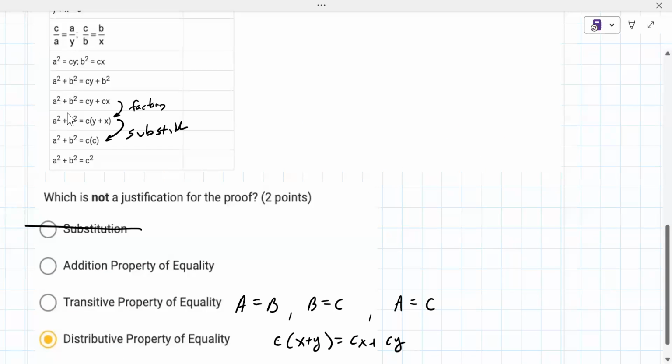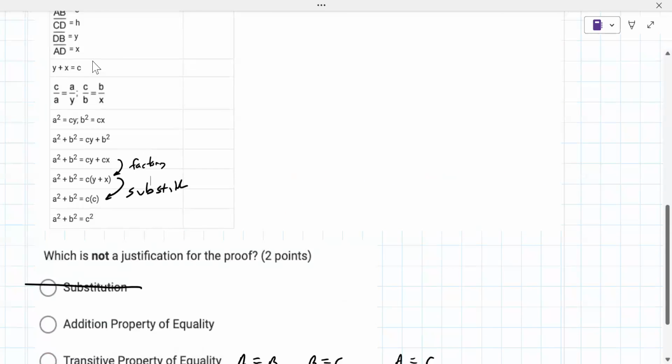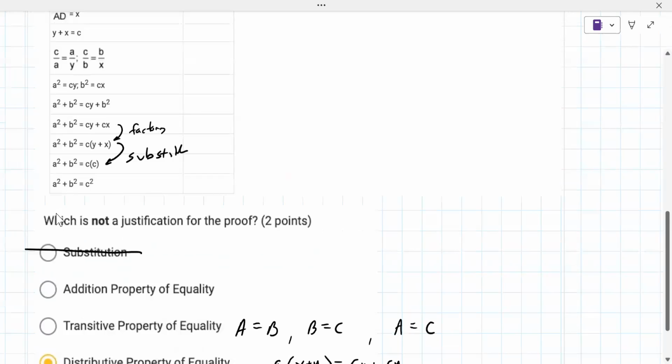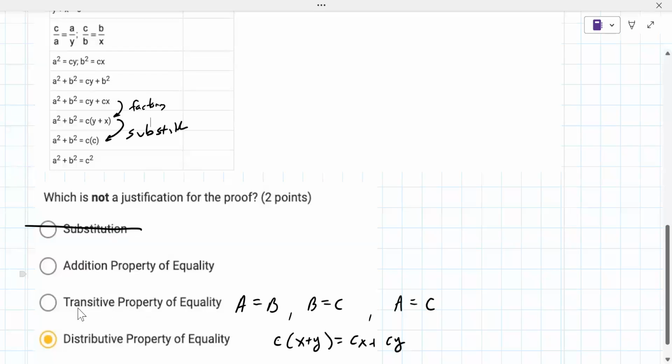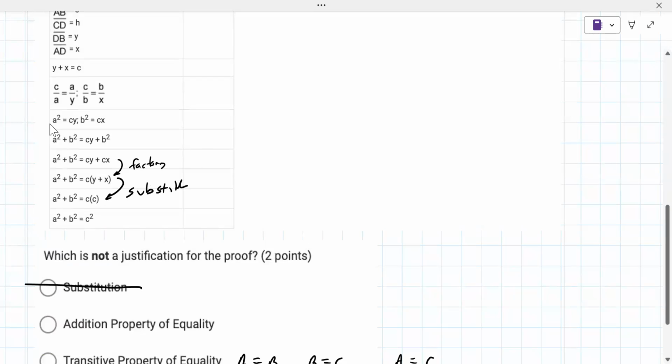We are adding a bunch of stuff. I feel like addition property of equality would be there, but I'm not sure where, because normally you would show the cumulative sum of two things. I'm really not seeing transitive. I'm really not seeing A equals B, B equals C, then A equals C. There's not any of that in there. If A squared equals CY, we're looking for somewhere where CY equals something, or B squared equals CX and then CX equals something. So A squared plus B squared equals,